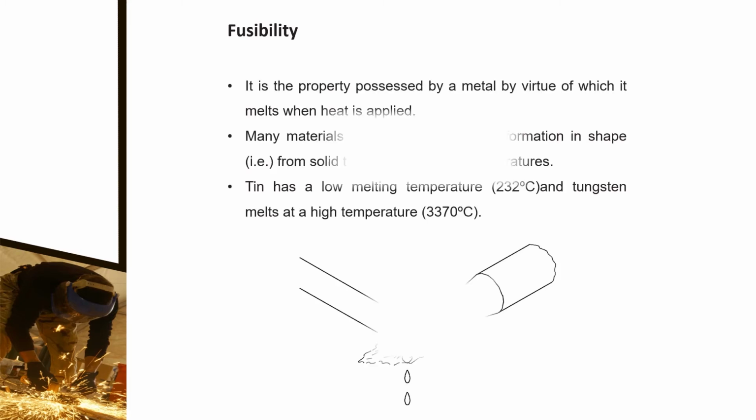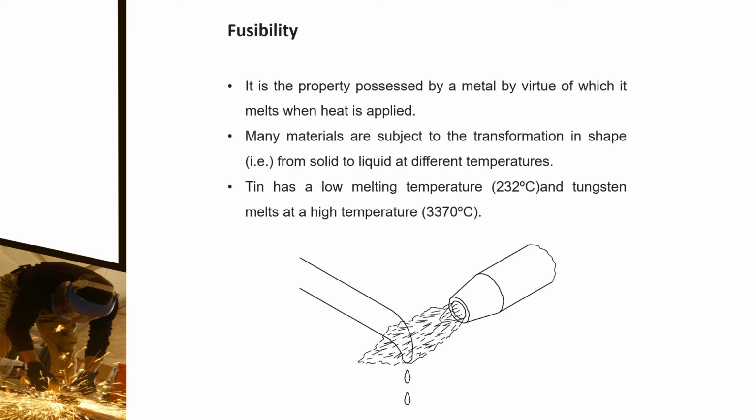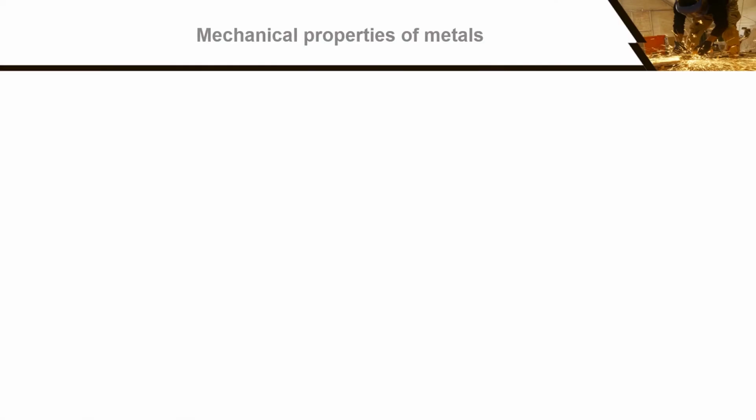Fusibility. It is the property possessed by a metal by virtue of which it melts when heat is applied. Many materials undergo a transformation in state, from solid to liquid, at different temperatures. Tin has a low melting temperature, 232 degrees Celsius, and tungsten melts at a high temperature, 3370 degrees Celsius. Mechanical properties of metal: ductility,